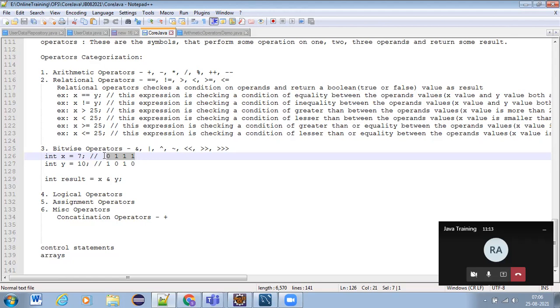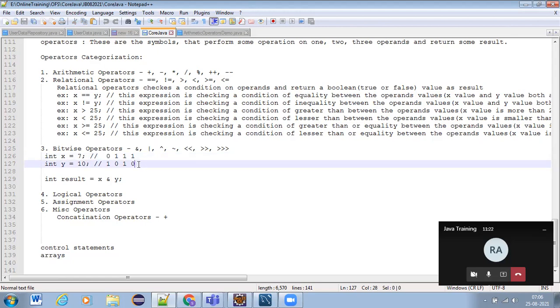Before this, all bits will be zeros, and if it is 10, it will be 0 1 0 1, and on the left side of it, all bits will have zeros, right? So it is a 4-bit value, so the remaining 28 bits will have zeros.